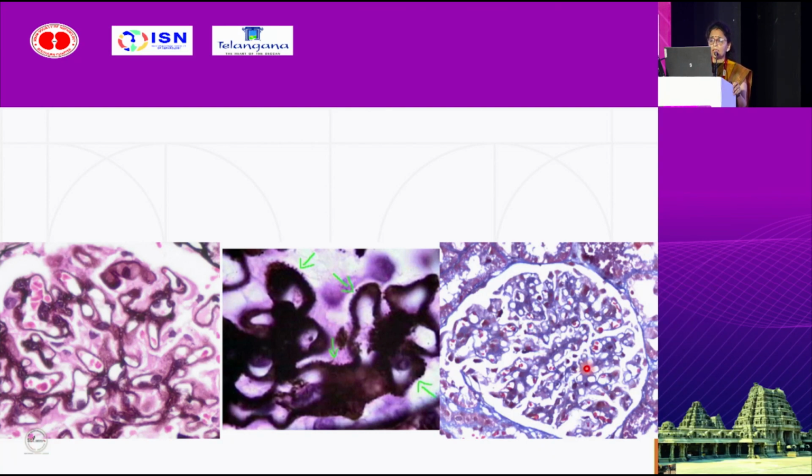When we see the glomeruli are congested in membranous nephropathy, congested meaning there are a lot of RBCs in these glomeruli, then we should advise renal Doppler to look out for renal vein thrombosis, which is most commonly associated with membranous nephropathy. And also when we see a lot of neutrophils but there is no endocapillary hypercellularity, then it can be due to malignancy related membranous nephropathy.